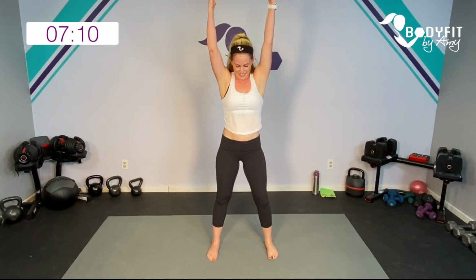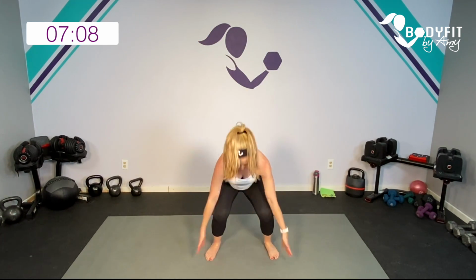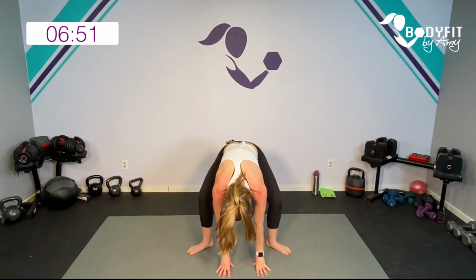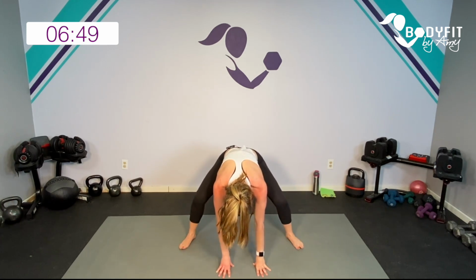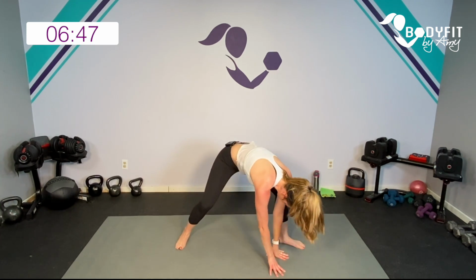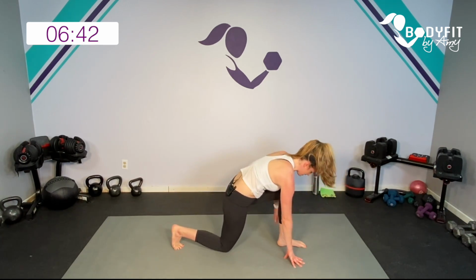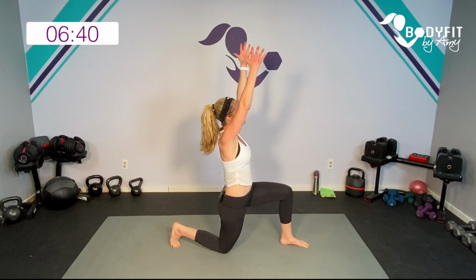And I want you to scoop up, scoop down, brush. Scoop up, scoop down, brush, and this time scoop up, sit low into that chair pose, really lengthen, and breathe, and breathe. Walk those hands down, walk those feet out again, and I want you to turn towards that other side. We're here, take it down, reach it up,